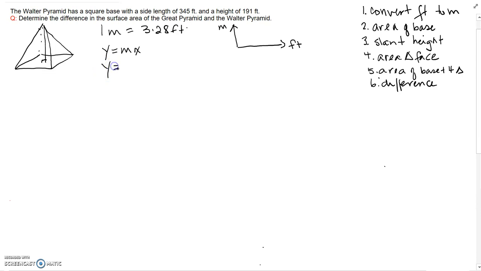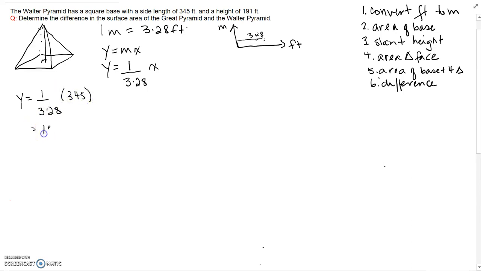And as I write my equation, I know that for every 1 I go up, so the rise of 1, there will be a run of 3.28. And so I know that for the rise of 1, I will have a run of 3.28, and it will be multiplied by x. So I will be able to use this formula to determine the lengths in the metric system. I will start with the side length, and I'll substitute that value for x, which is 345,